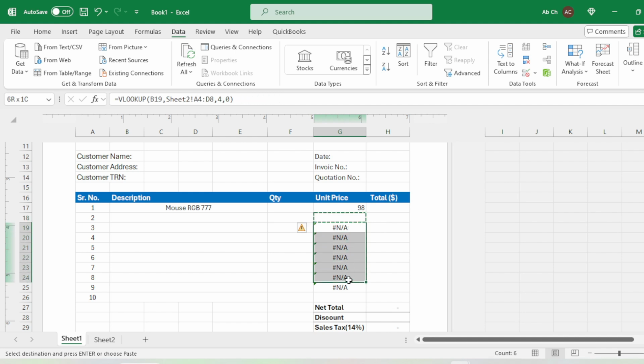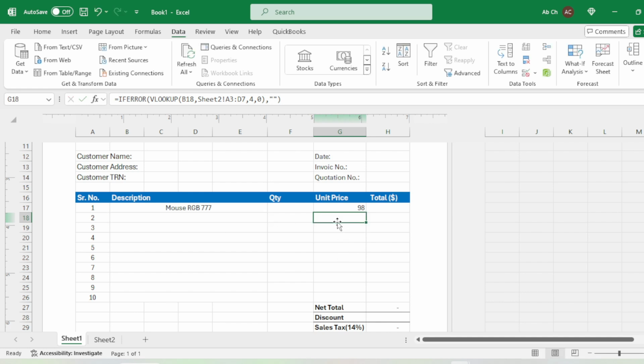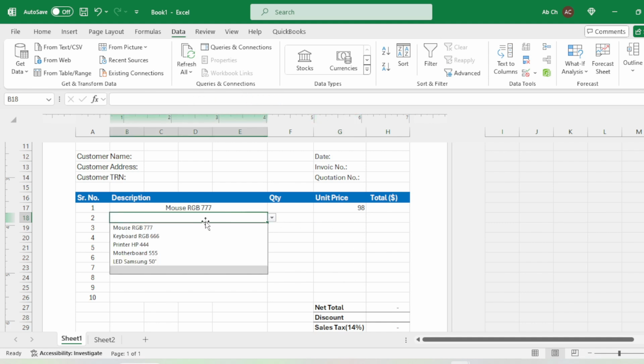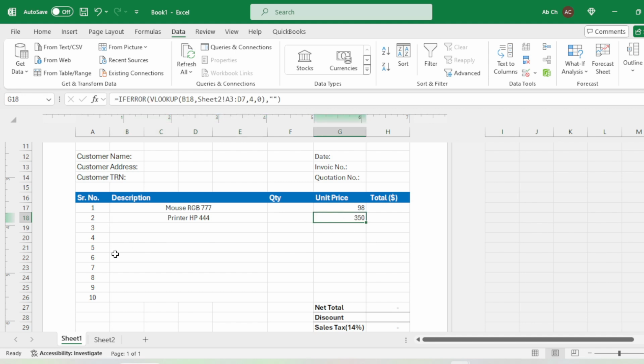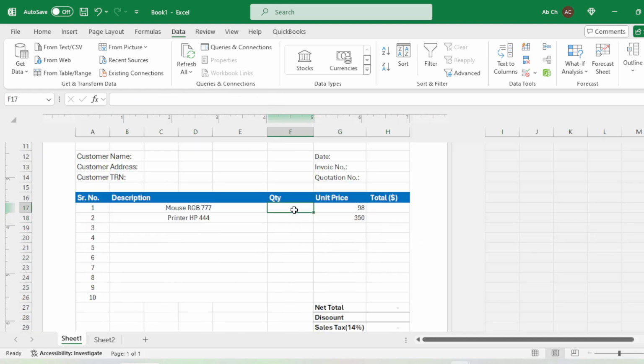Now simply I'll copy it and paste all the way down. So now the formula is there, but since nothing is selected, there is no NA sign, it is blank. Now let me add an item like printer. Now this is fetching the sales price of the printer. The printer, you can see that is $350, and the quantity you have to mention here, and on the total